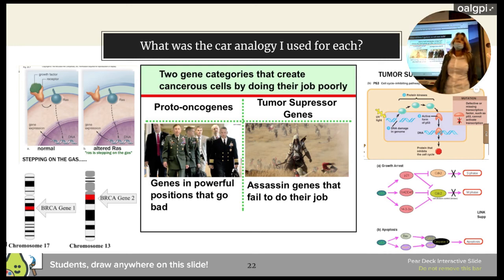Conversely, tumor suppressor genes, if they're doing their job, and any cells are out of control, proto-oncogenes becoming oncogenes, then they do apoptosis. And I gave you some classic examples of both of those. The RAS gene should normally only be triggered if you had a growth factor, a growth hormone binding to a receptor triggering the RAS, saying, we're growing now, please make more cells. This is a RAS that is not getting triggered by a growth factor binding to a receptor, and it's stimulating that cell cycle. We also talked about the breast cancer genes being examples of that as well.